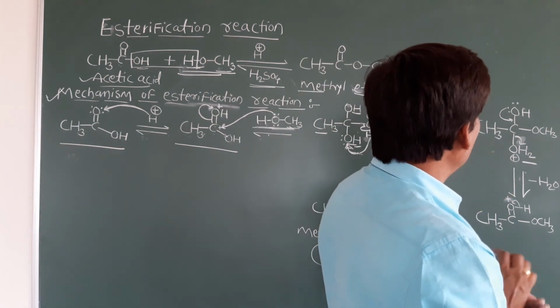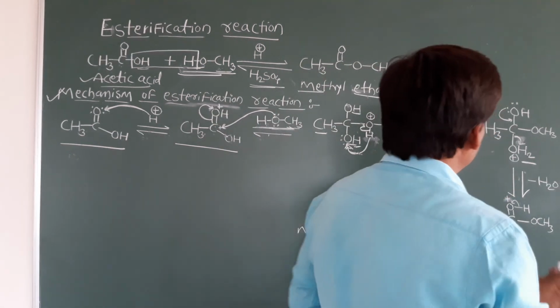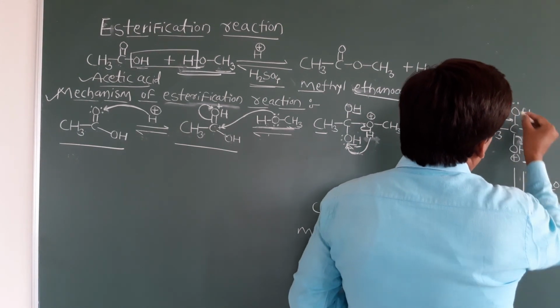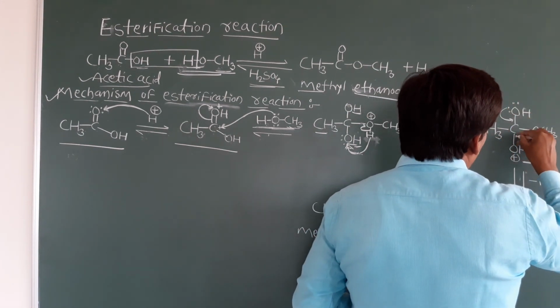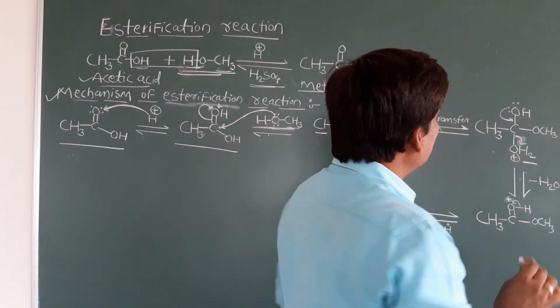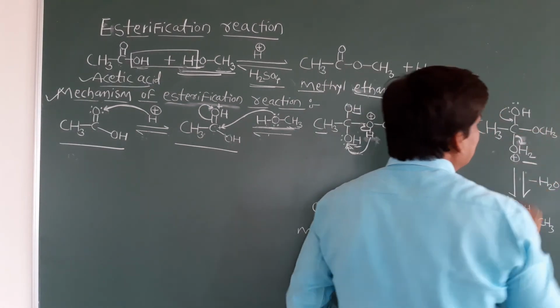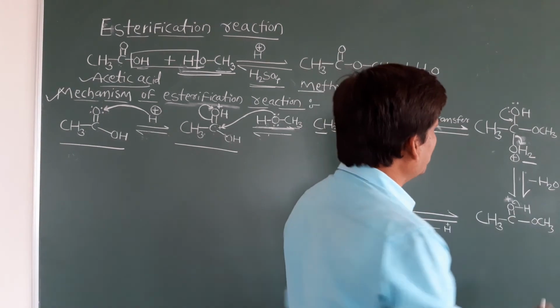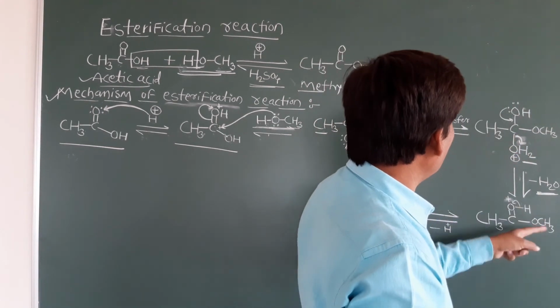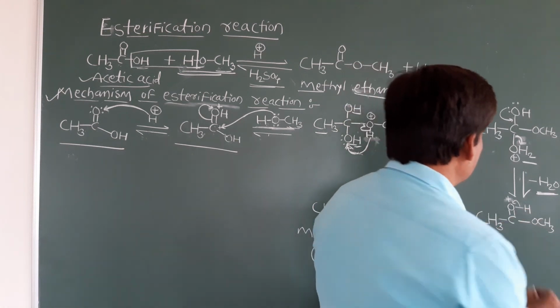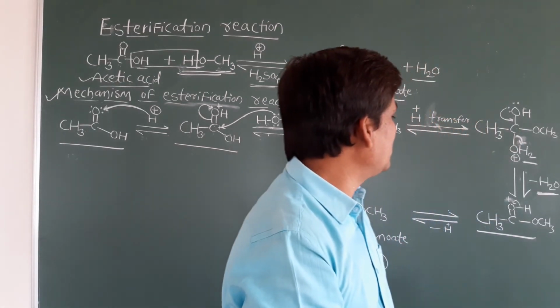In this case dehydration takes place. So what happens students now? This lone pair of electrons will shift here, and this OH2 group is now in an unstable form. So this OH2 will be removed. OH2 is nothing but H2O. Here the water molecule will be removed, and simply we will get this structure, CH3 C double bond O, then this H, this OCH3. Now it is also an unstable form.